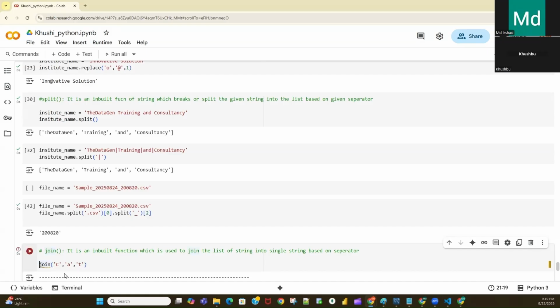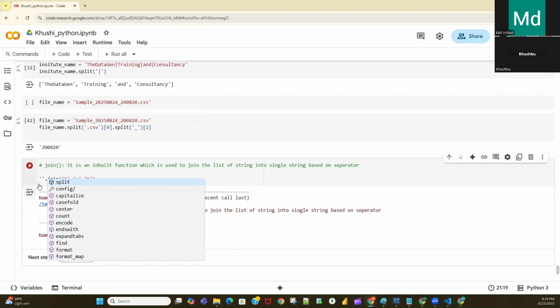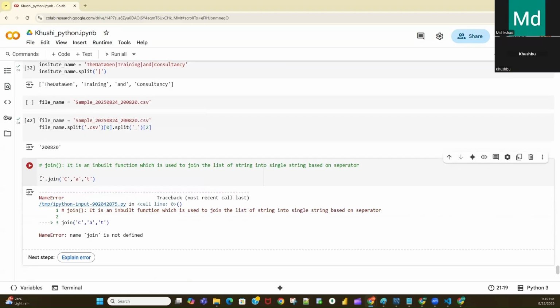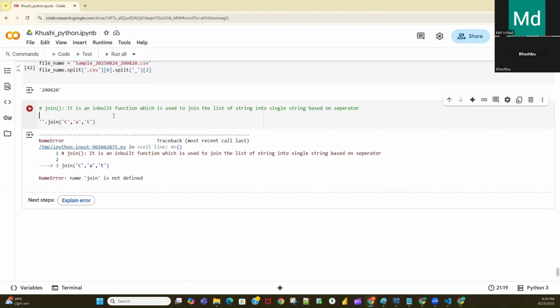And here I will write, let's say, I want to join with an empty string. So this is our separator. The separator means this will join the characters together as a single string.